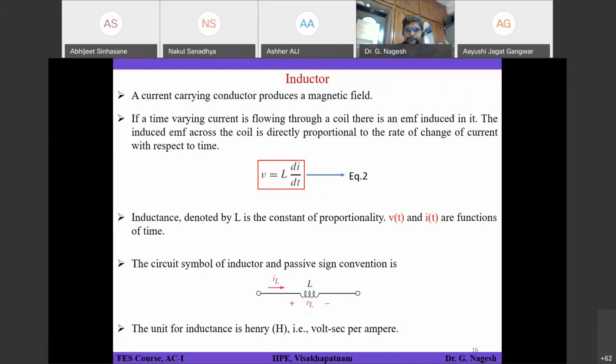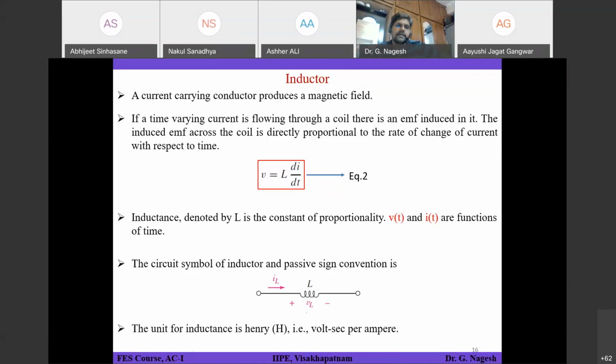In terms of capacitors, I told you. For an inductor, what will happen for DC? Can anyone say for a capacitor under steady state condition? I told you the capacitor will act as an open circuit for DC.